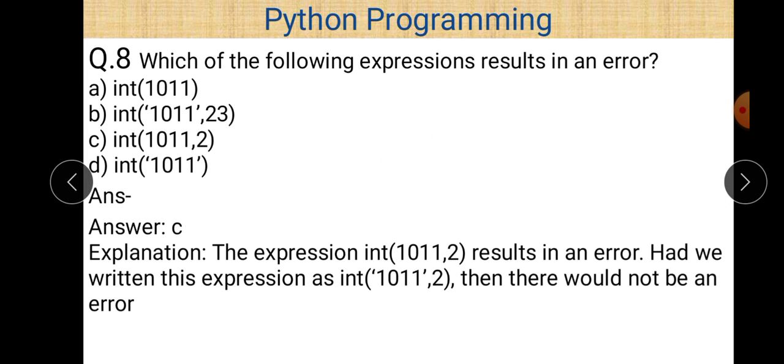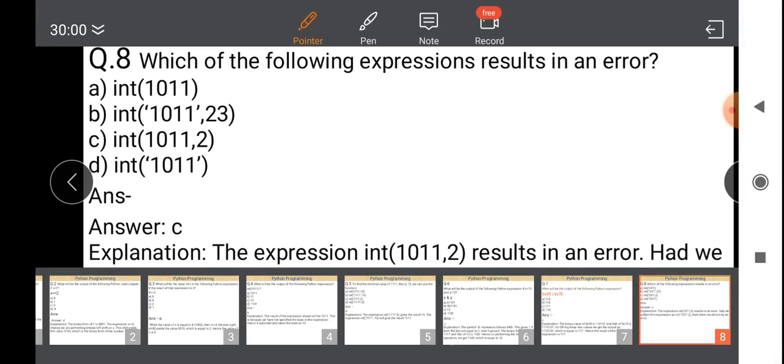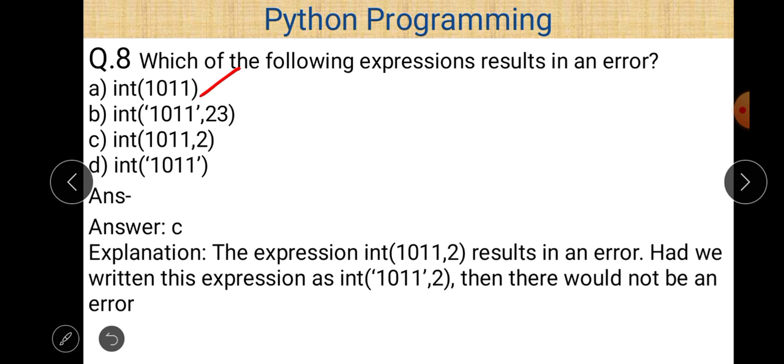I think the first option doesn't give any kind of error because 1011 is already an int number, and in this explicit type conversion is there, because we have to convert this number into an int, so there is no error at all. If it is a float also, the error will also not be there. But it's an int and we convert an int into an integer type, that will give you no error. Okay, so I think 1 is not the correct answer.